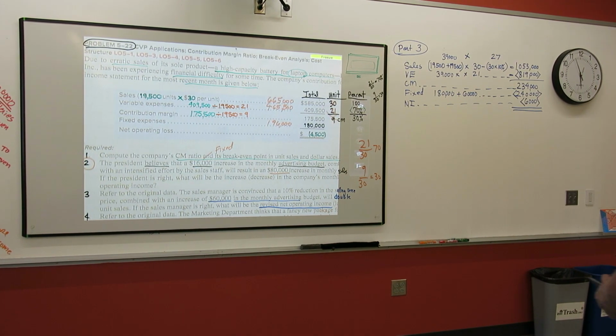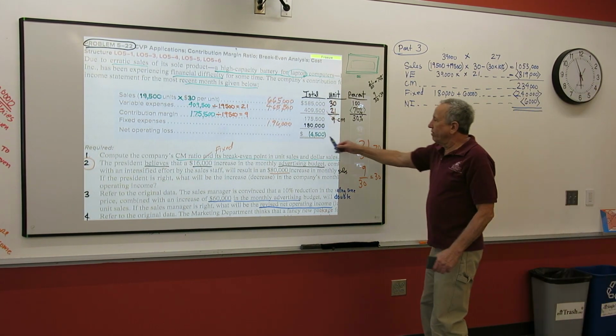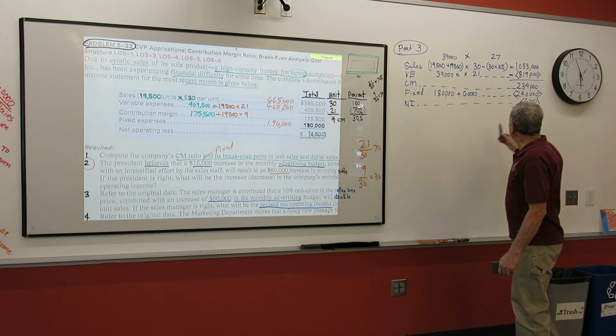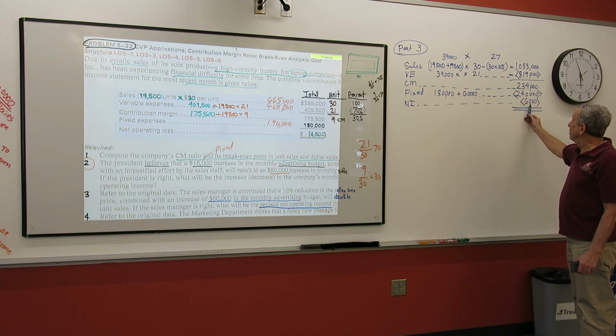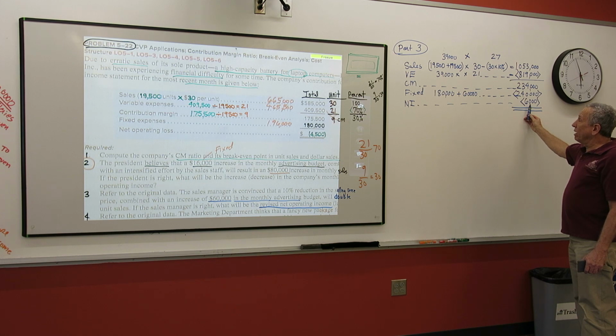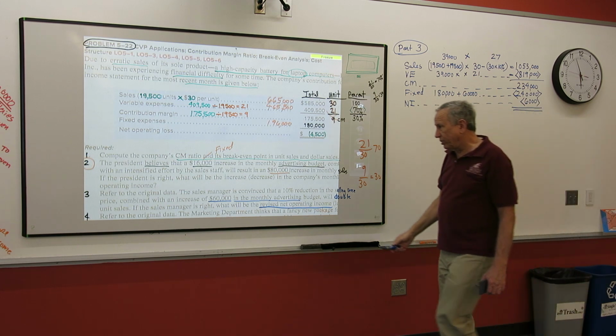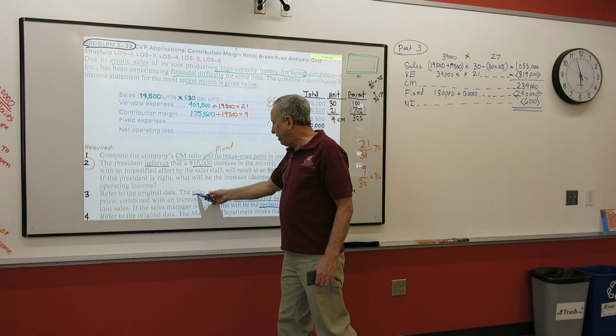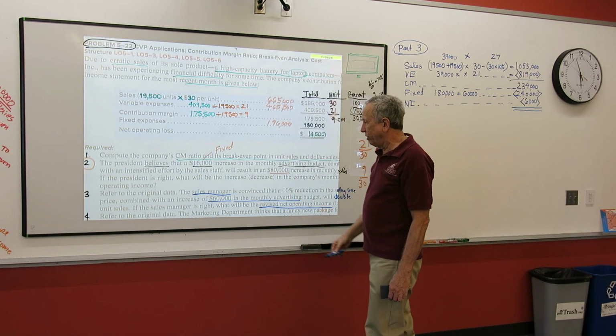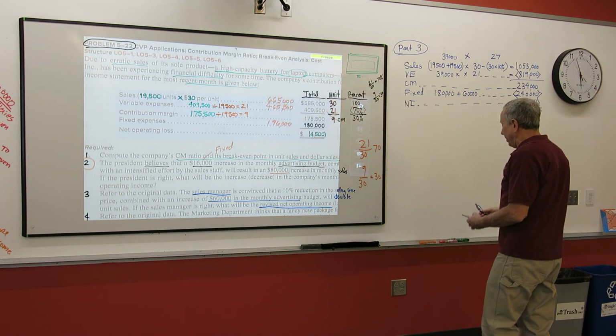Should we do it? Well, if we were losing $4,500 a month, we're now going to be losing $6,000 a month. And we're going to be doing a lot more work with all that advertising. It doesn't look like, initially at least I'd say, whose idea was this? The sales manager? You might tell the sales manager it doesn't look like it's going to work, so it's a bad idea, we're going to lose money.